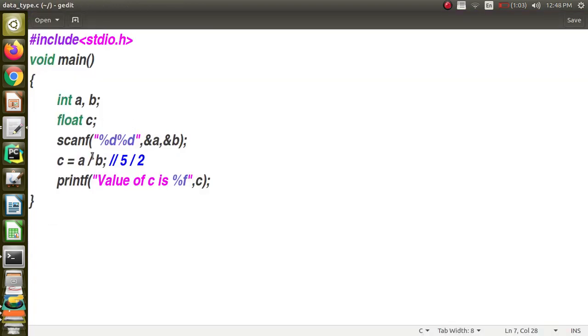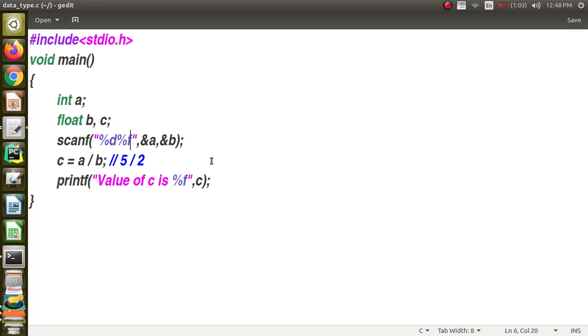Now what I am going to do is, I am going to make a small modification in the code. I am going to change the data type of B from integer to float. I am going to say float B comma C. Then I should change the format string also. It's very important in C language that you give proper format string. So when I am reading A, it's %d fine, but when I am reading B, I should now give %f, because I have changed the data type to float.